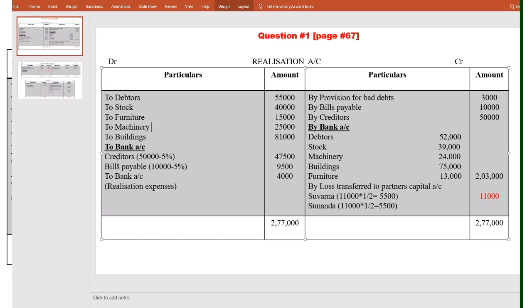Creditors and bills payable were paid at 5% discount. So the creditors value is 50,000. Calculate 5% on this 50,000. You will get 500, which is not shown here. I have not shown any working here. So here you will get 500 as the discount. So 50,000 minus 500, you will get 47,500. Sorry, it's not 500. It will be,